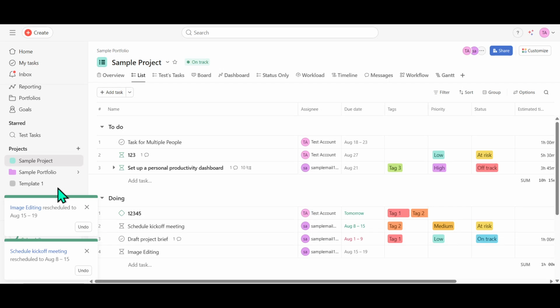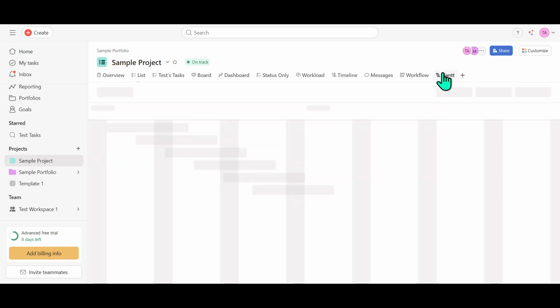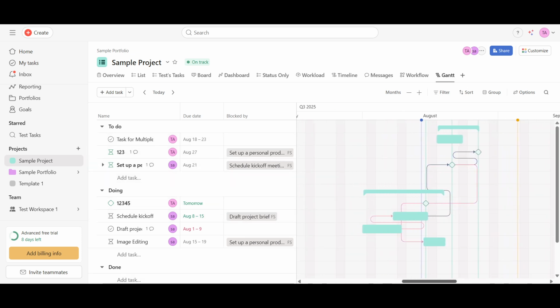In today's video, I'm going to teach you how to use custom grouping in Asana Gantt view to better organize your projects and streamline your workflow. First, let's navigate to your project's Gantt view. This is where you'll find a visual timeline layout of your tasks, which is particularly useful for monitoring deadlines, dependencies,